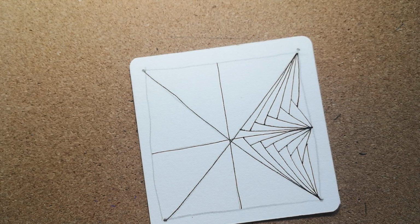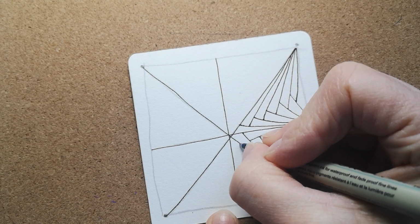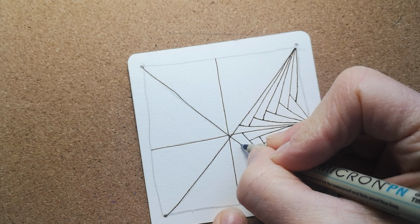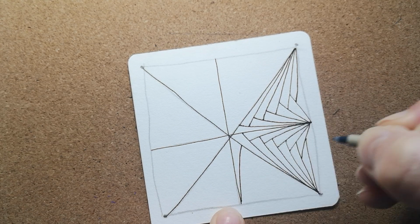Just changing my pen there, it's a little bit blotchy on there. Okay, so again, on this section, so we're just looking at one section at a time. That's all you ever need to do with Zentangle, one section at a time. Line to point,